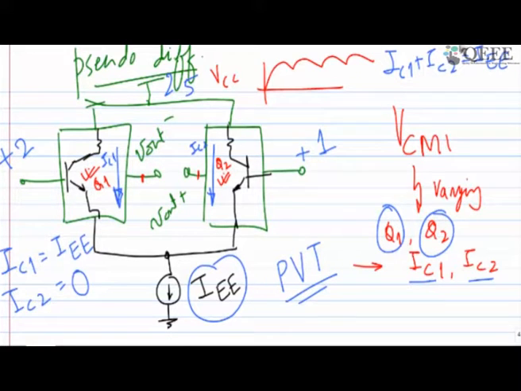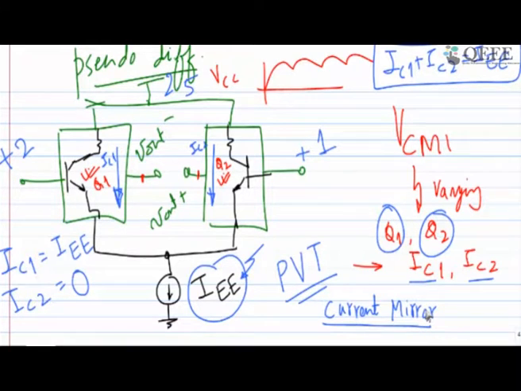in our case, and that's how these current ratios and all these things are not depending on process, voltage or temperature, because this current which is here is provided by a current mirror, and a current mirror circuit is the one which is process, voltage and temperature independent. So this is not part of our course, where we are only teaching differential amplifier, not current mirror. So maybe an extension of this can be given to current mirror, the same topic.